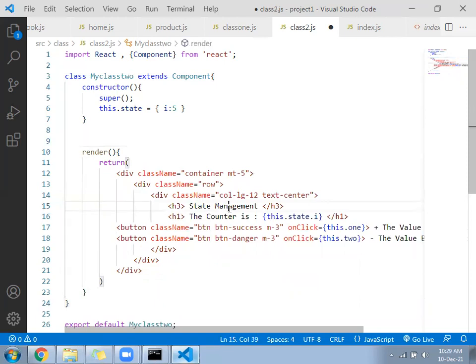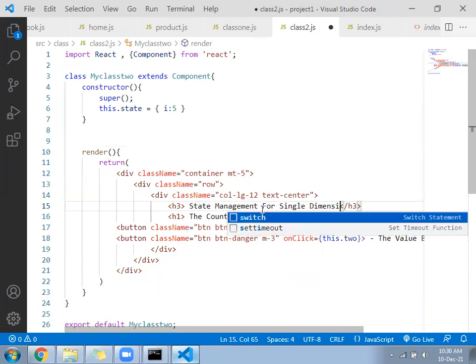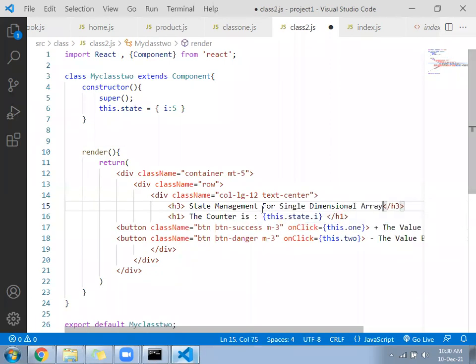State management for a single dimensional array.